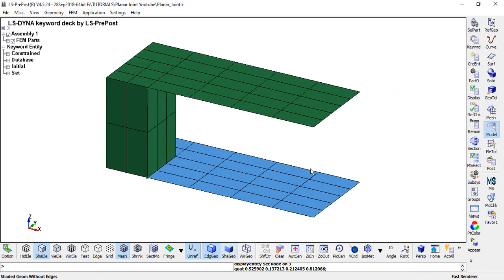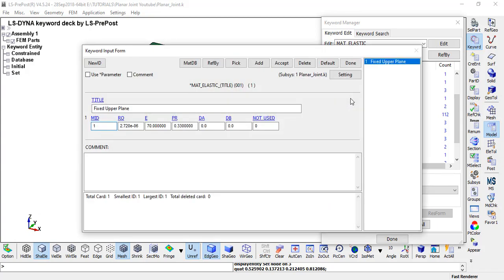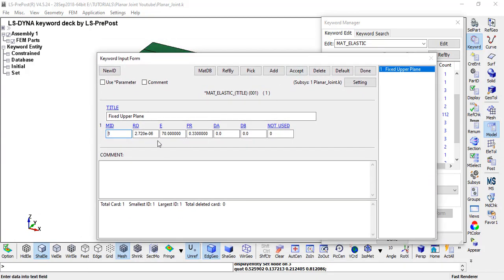Now let us dive into this. We need to have the material first. We need to assign the material and the section to the parts, and for the material for the upper plate, I have taken aluminium.